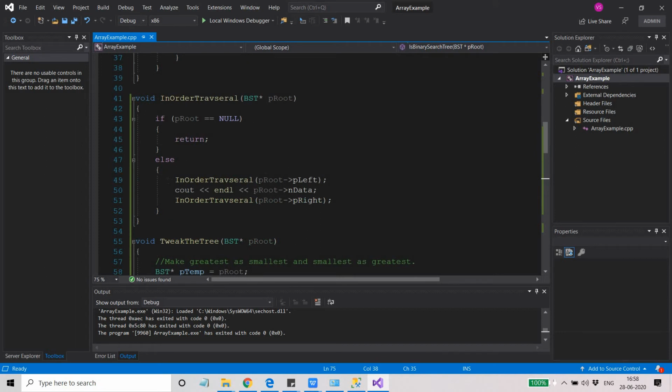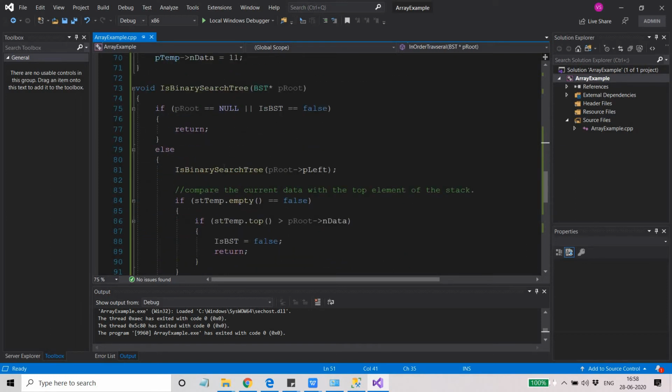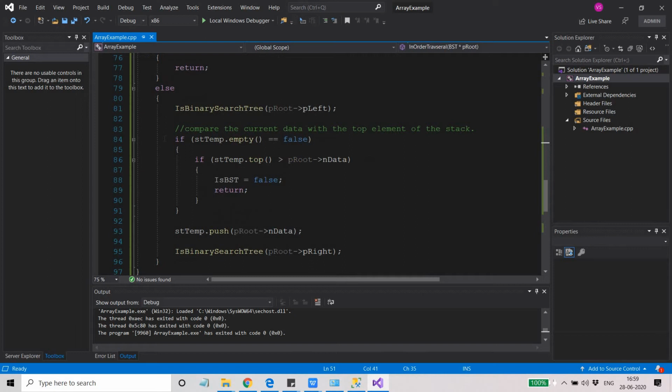You can see that this is the in-order traversal. We pass the left node, then we go to the root, and then we go to the right node. Similarly I'm doing here. I'm going to the left node, but when I'm going to the root node, I'm just testing it. If my stack is not empty, then I'm comparing the topmost element of my stack with the current node, or you can say the root element.